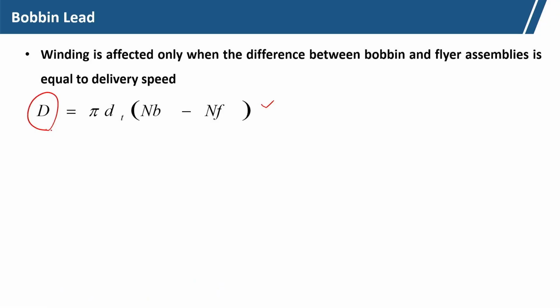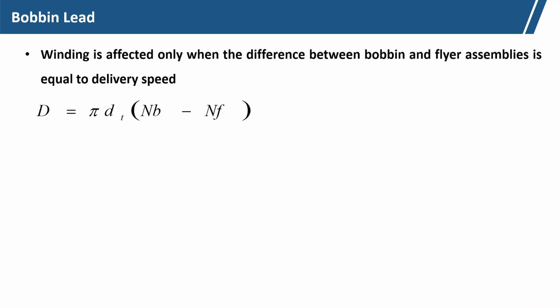Here, D is constant and Nf, the flare speed, is constant, because the flare is fitted on the spindle. So, the diameter of the bobbin increases continuously after every layer. That means to maintain this equation, we have to reduce the bobbin RPM. That is important. Bobbin RPM has to be reduced after every layer of